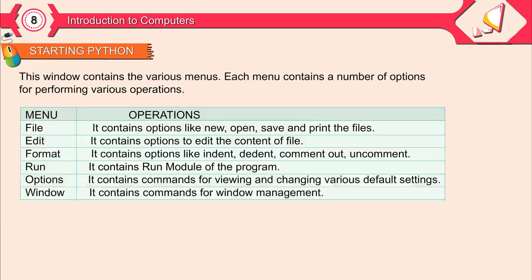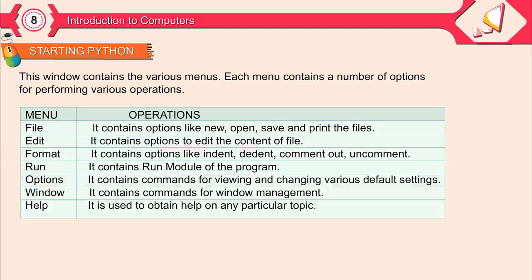Menu, Operations. File. It contains options like New, Open, Save, and Print the files. Edit. It contains options to edit the content of the file. Format. It contains options like indent, dedent, comment out, uncomment. Run. It contains the run module of the program. Options. It contains commands for viewing and changing various default settings. Window. It contains commands for window management. Help. It is used to obtain help on any particular